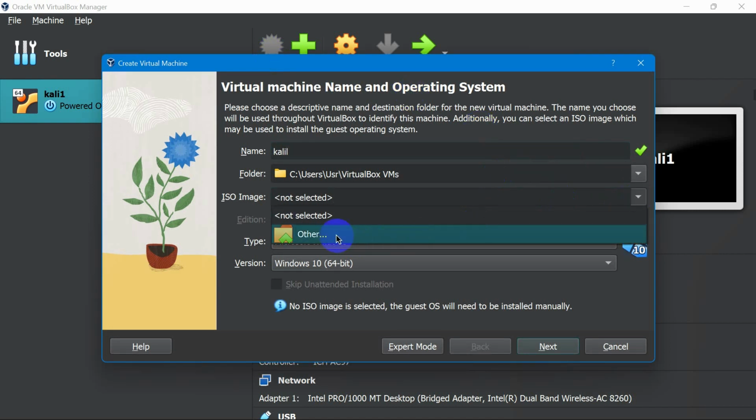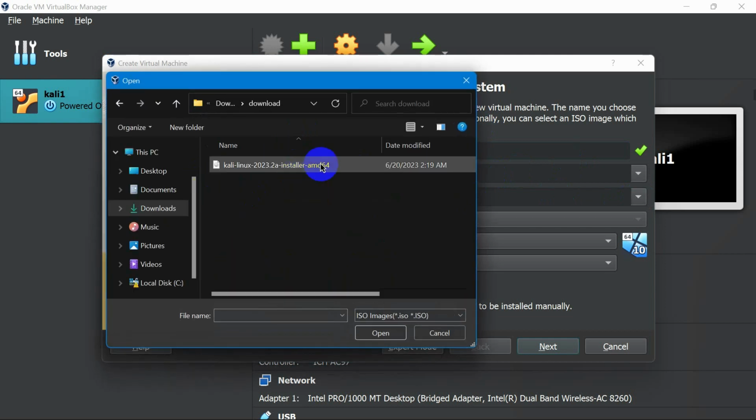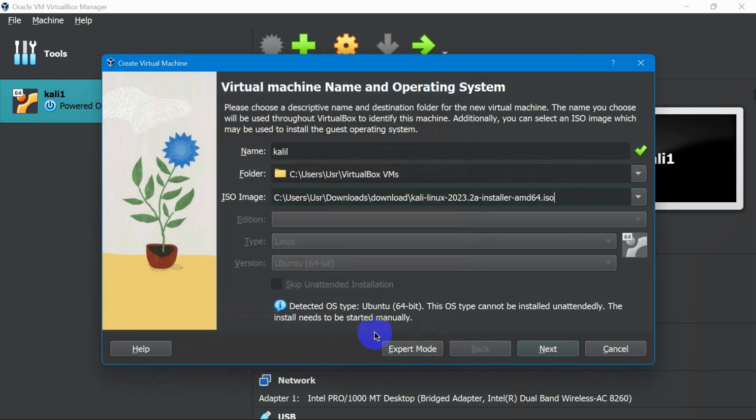So where is the ISO image? You look for where the ISO image is. It is in this folder right here. This is the ISO image, the image that I told you about. Open. And let me quickly give you a tip: it does not mean that an ISO image you have used in another place will work. It does not mean that. Let's just continue.